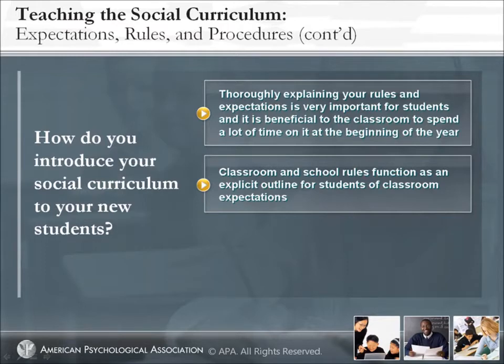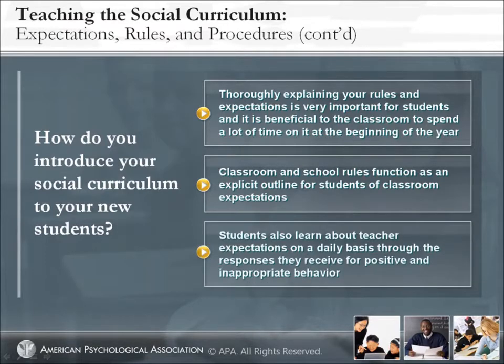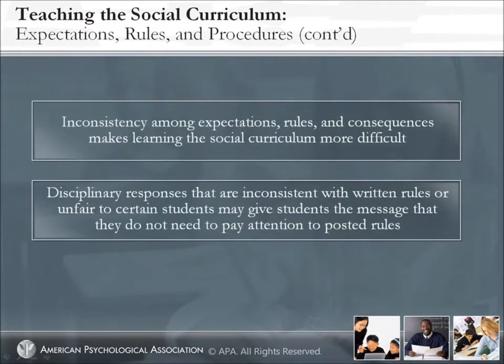Students also learn about teacher expectations on a daily basis through the responses they receive for positive and inappropriate behavior. In a well-run classroom, these 3 components work together to teach students how they should behave in order to succeed in the classroom. In less well-managed classrooms and schools, inconsistency among expectations, rules, and consequences makes figuring out the social curriculum more difficult and may even give students conflicting messages about the appropriate way to behave in a given classroom